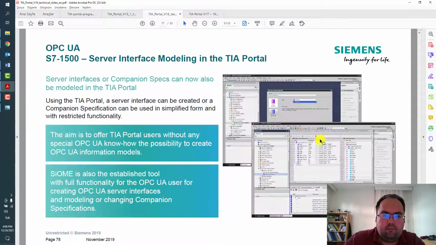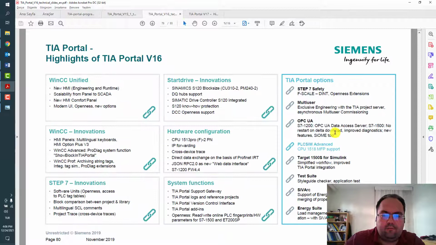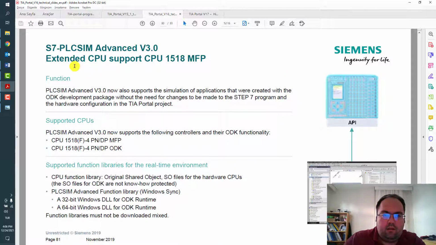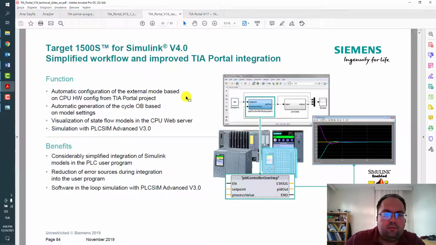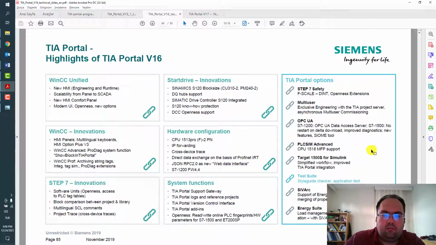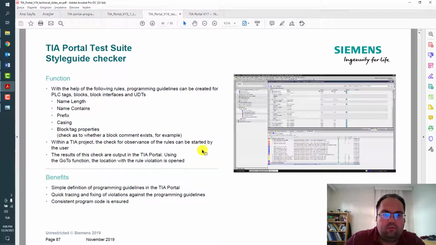diagnostics about sessions and connections, modeling editor, extended CPU, MFP, PI system advanced new function and compatibility information, simplified workflow, and there is another option, Test Suite. You can define the rules for programming and you can test and check your project and blocks with this tool. Also Test Suite style guide checker is an additional tool,